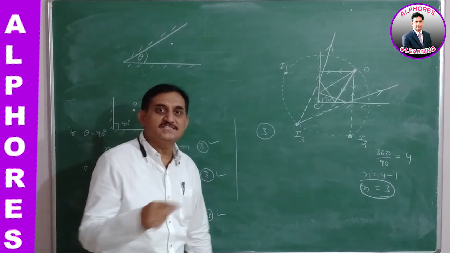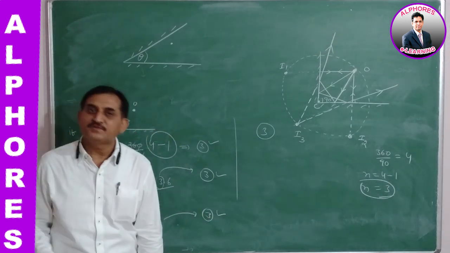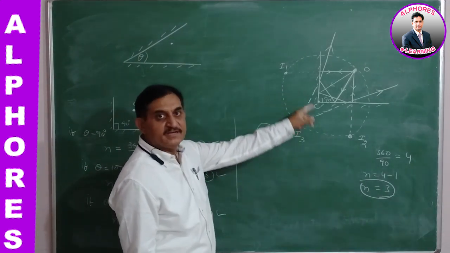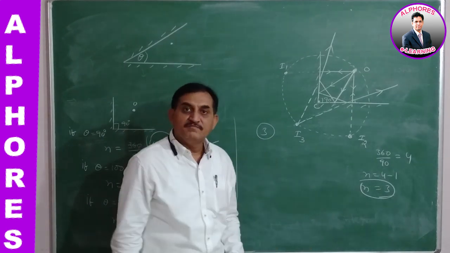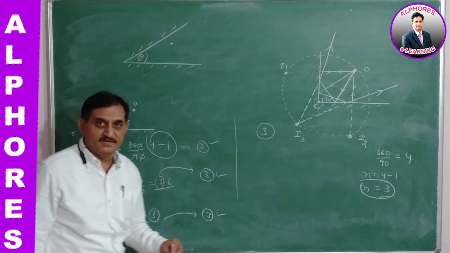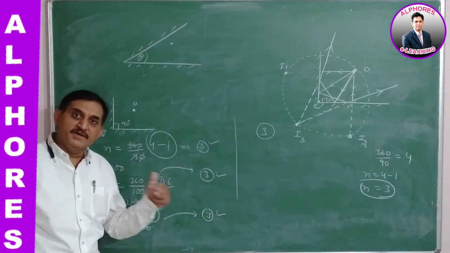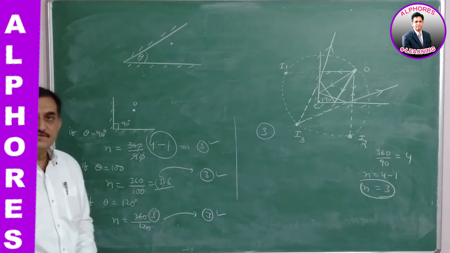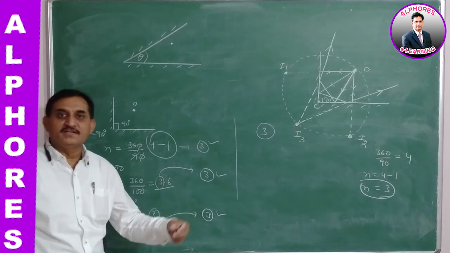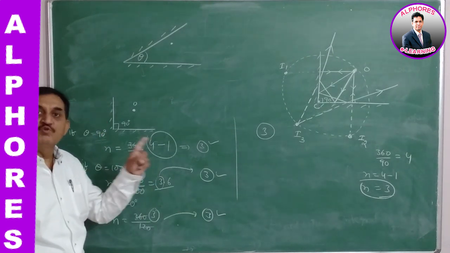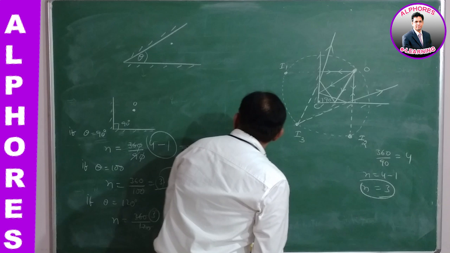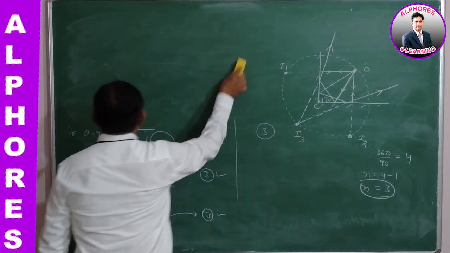So this is the mechanism by which we can decide the number of images formed, by the numerical way and by the ray diagram. The ray diagram is very important. We should practice more and more in order to solve the problems given at the mains level and the advanced level, and attain the final answer. So we should practice more and more over this ray diagram. Okay, next, let us move on to another point.